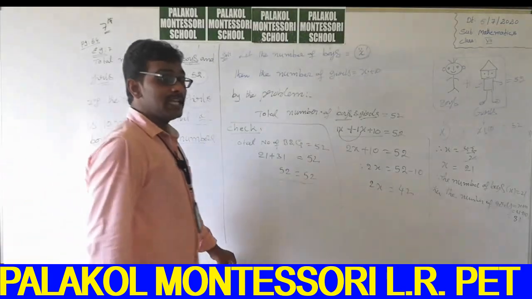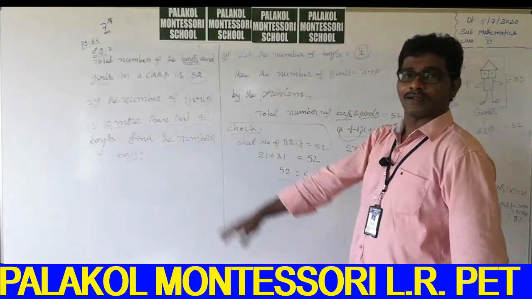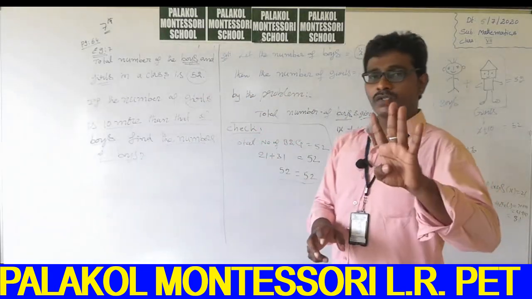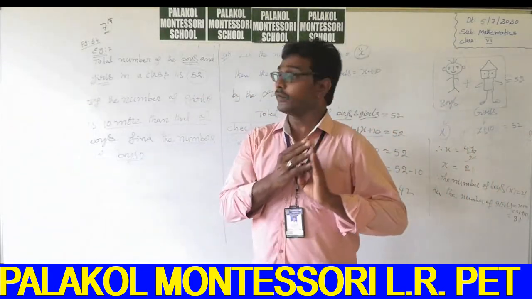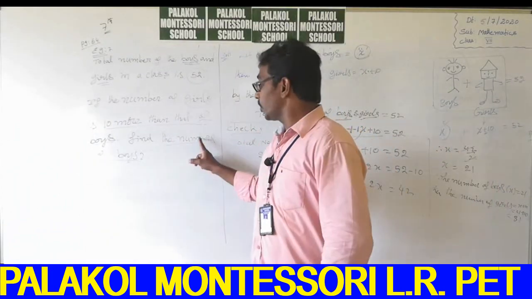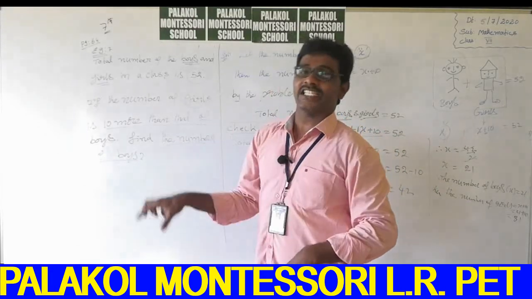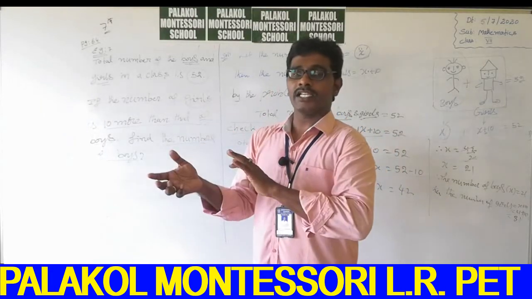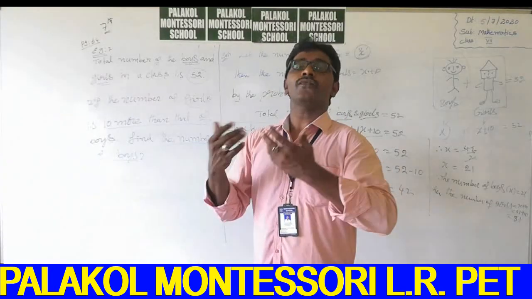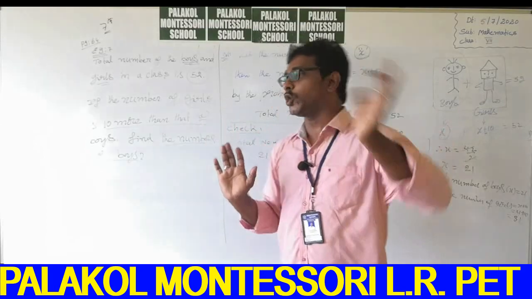So simple equations solve problems in daily life. This is one example. First, keep some points in mind. First, study the problem clearly, and take the value you need to find out as the variable x. Whatever condition is given, find out that relation. After you find the unknown value, keep these points in mind and you can easily do the sum.